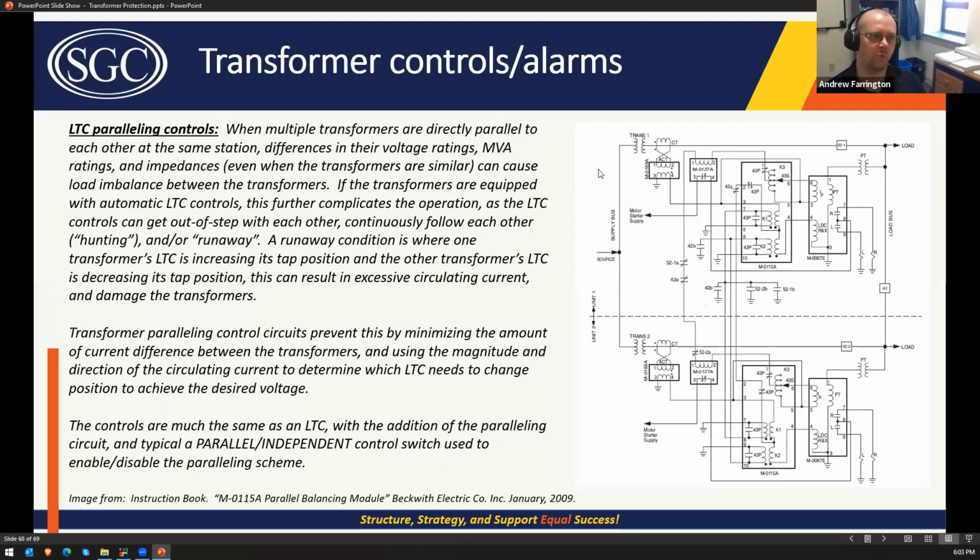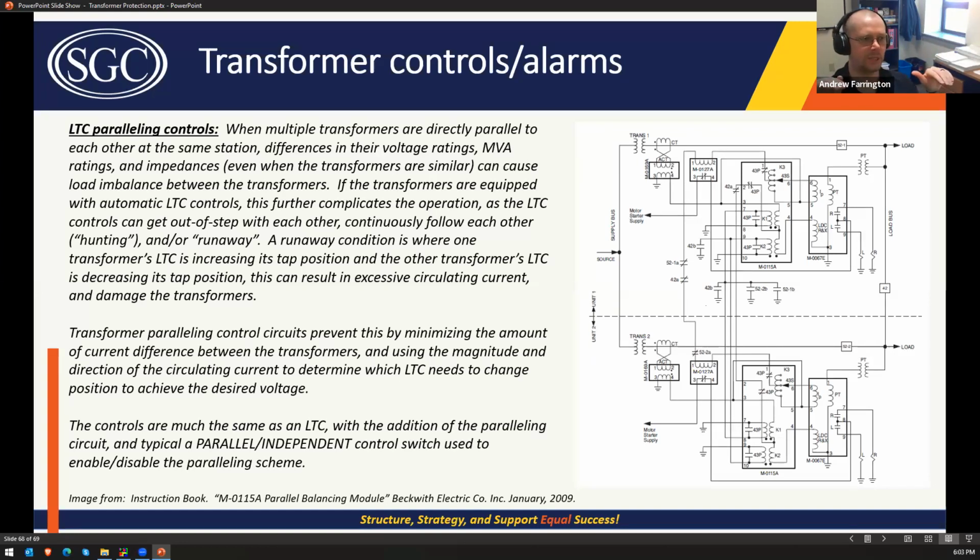If you have more than one transformer in parallel, you can put in a transformer paralleling circuit. These tend to be pretty complicated schemes, but the important takeaway is the purpose. The purpose is to make the transformers operate as kind of one system instead of independently, because you can imagine